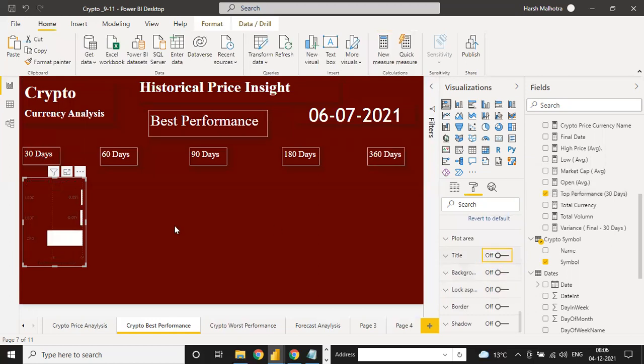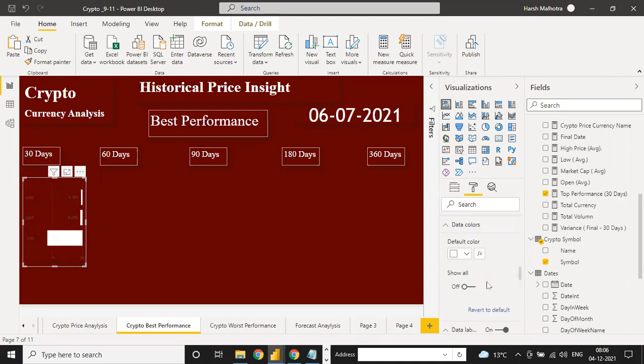We don't need a title here. Any other thing we don't need, so we have to remove all the things. All the things means click on this y-axis. The y-axis is there, but the title is not there. If I click on this y-axis, see, now the y-axis is there currency wise.